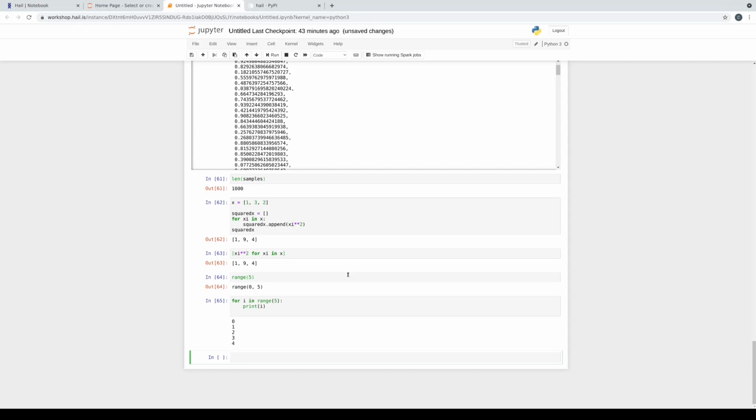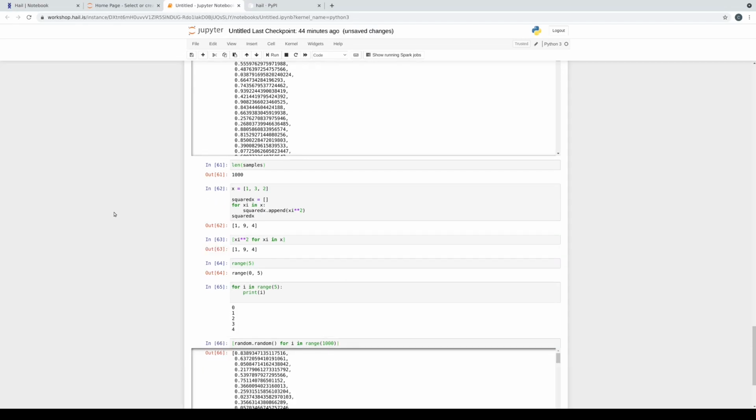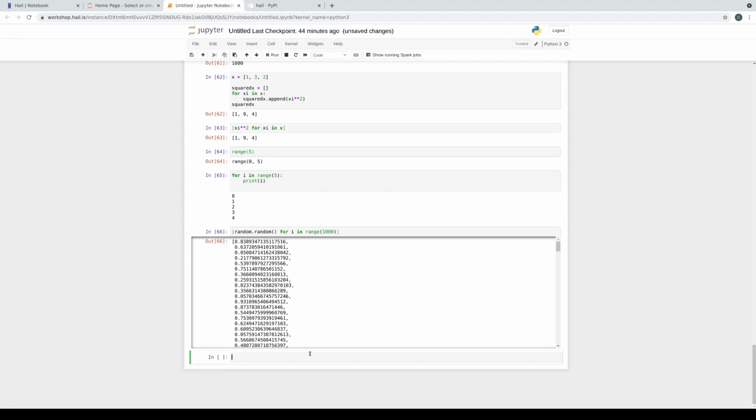So now we can use list comprehensions along with range to create a 1,000 element list where each element is a random sample of the uniform distribution on 0, 1. So we're going to call random.random, and then we're going to say for i in range 1,000. Note here that i isn't used. We don't actually care about the index. We just care about the fact that range has 1,000 elements. So when we use a list comprehension to create a new list from range, it will also have 1,000 elements. And we evaluate, and we see that we get, indeed, 1,000 random samples from the uniform distribution on 0, 1.